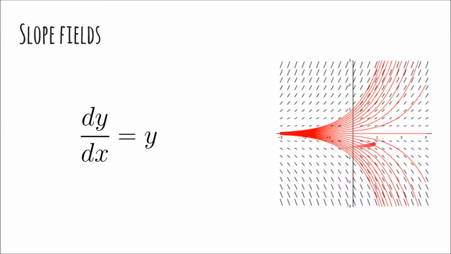And so what a slope field is, over here on the right, at each point in this grid, it displays a line with the slope defined as whatever the slope needs to be in order to solve this differential equation. This is just the exponential family differential equation that we looked at previously. And you can see that all the solutions go right along parallel to each of the lines in the slope field,